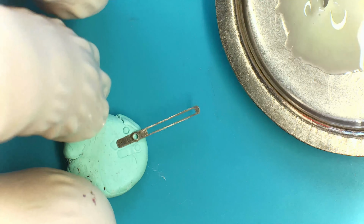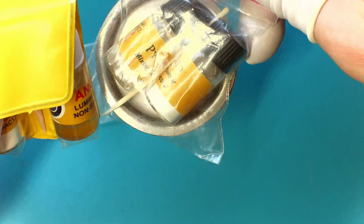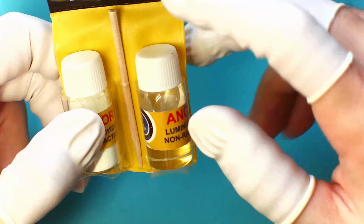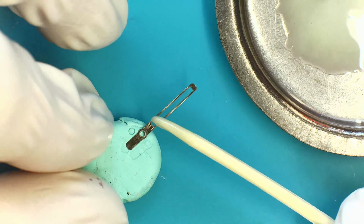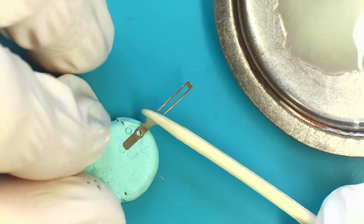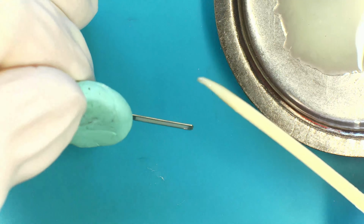Next, take the little stick that you used to mix the lume, and in my case it was a plastic one with a slightly sloped pointy edge that came with a different lume kit, but the wooden one that came with this anchor kit will do the same thing. And then just scoop a little bit of lume up from the mixture and then bridge it across the gap on the hand so that it extends over the edge. That way you know that it's covering both sides of the gap. And then slowly drag it across to the top of the hand so that the lume clings to the sides